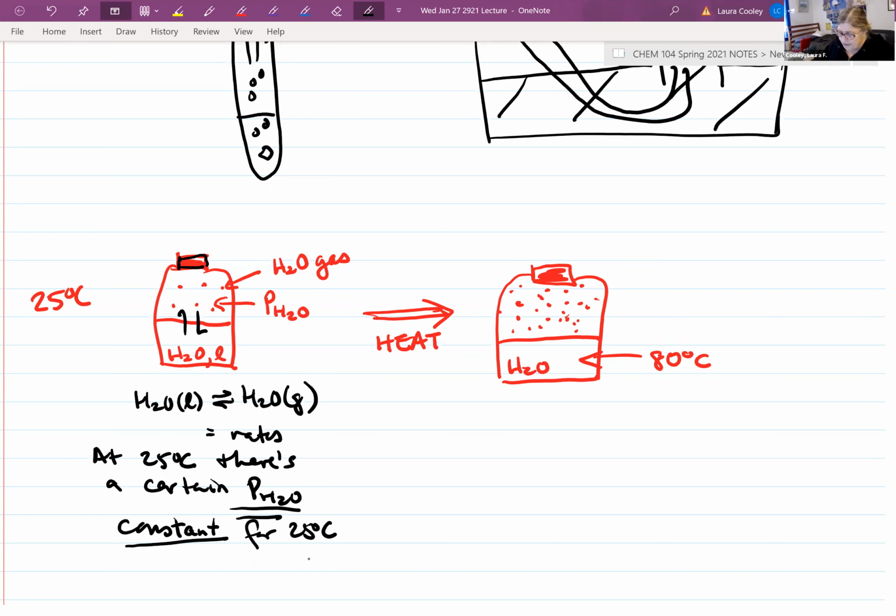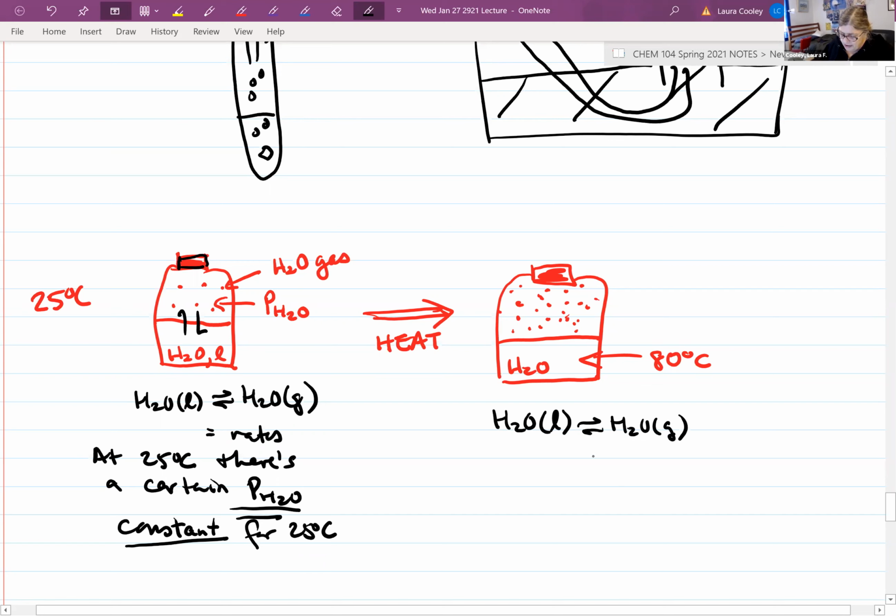But anyway, if you heat it up and then you stop at 80 degrees, now you establish another equilibrium. But this equilibrium will have a greater partial pressure of water. And it is also constant as long as the temperature stays at 80 degrees, but it's higher. Well, I said it was greater, so that's good. Okay, so